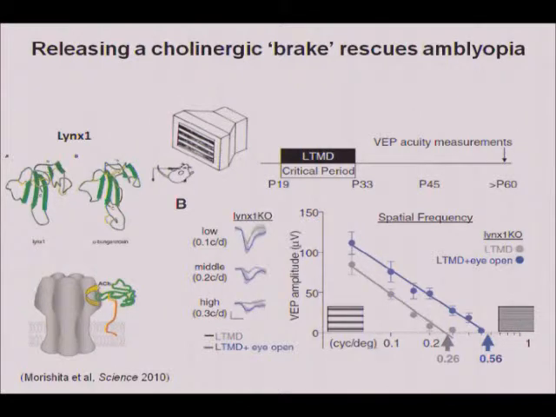In fact, Nat Heinz, who originally described this molecule, showed that it does bind to nicotinic acetylcholine receptors, just like bungarotoxin does on the muscle, and suppresses or dampens signaling through this system. We found that this molecule comes on late in life, and so it had all the hallmarks of being a brake. And in a number of studies, and this is perhaps the most clinically relevant, if you deliberately make an animal amblyopic by patching an eye and then reopen it, they don't normally recover, but mice lacking this molecule, they will recover. So you can spontaneously restore vision in such an animal.